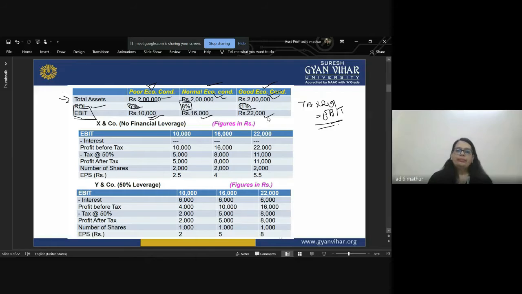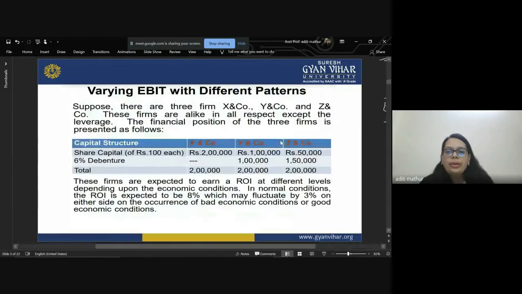our EBIT. So now we know what the interest element is, because we know the debt component and the rate of debt at which it has been issued. So we know the interest payment, we know the tax because the tax slab is 50%, and we know how much our EBIT is. And we even know the formula to calculate our EPS. And we can even easily calculate the number of shares. So how to calculate the number of shares? That is very easy. That means your total equity divided by 100, right? So you will get your number of shares.